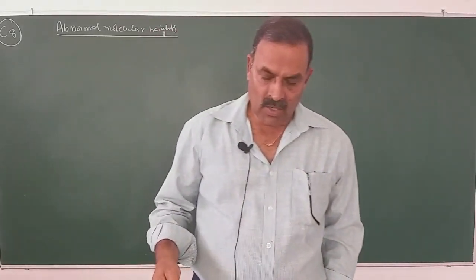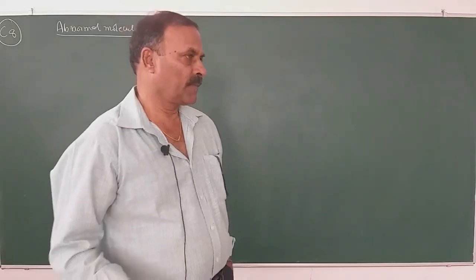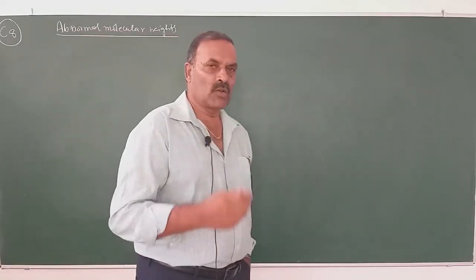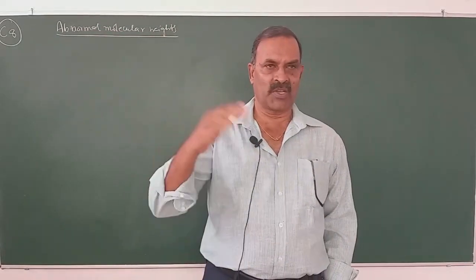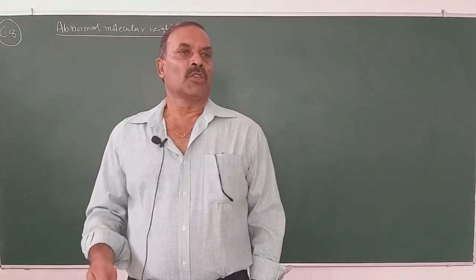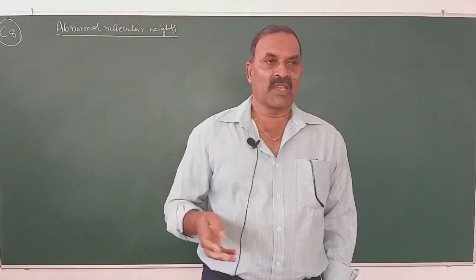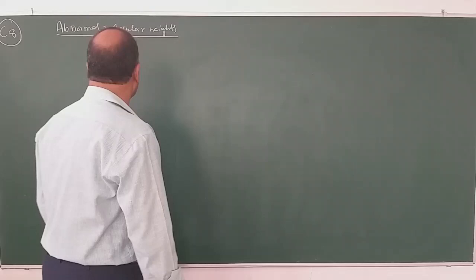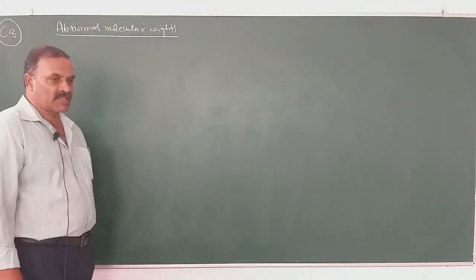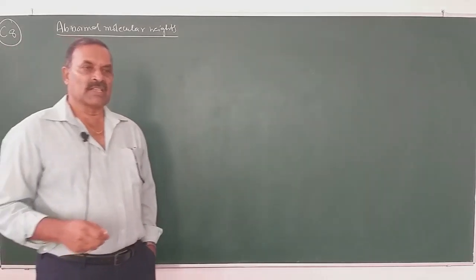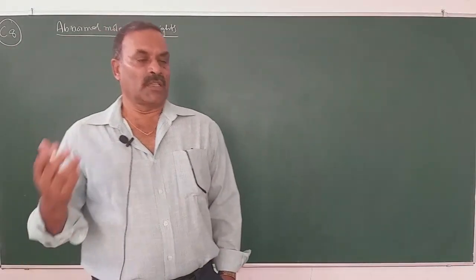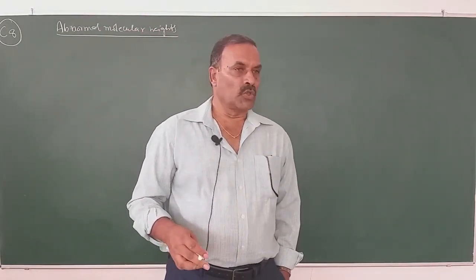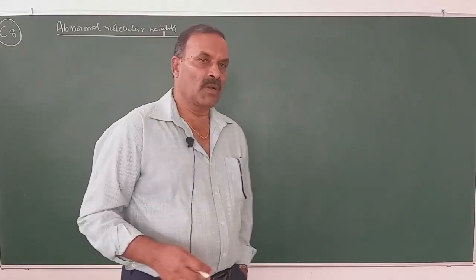We will study what are abnormal molecular weights. We have studied 4 colligative properties, namely relative lowering of vapor pressure, elevation in boiling point, depression in freezing point and osmotic pressure. From these experiments we can calculate the molecular mass of the solute which is added into the solvents. The molecular weights determined by these experiments sometimes are higher or lower than the normal molecular weights of solutes. Those molecular weights are called abnormal molecular weights.